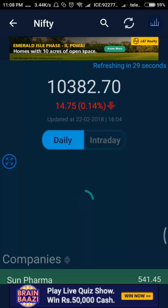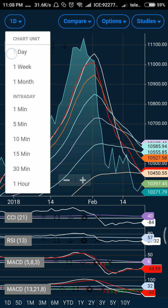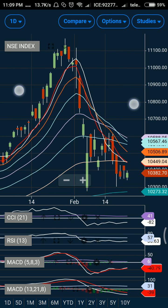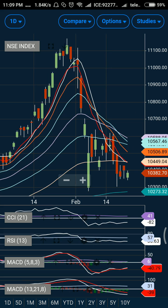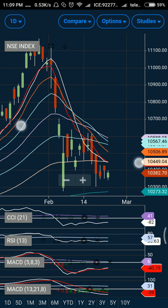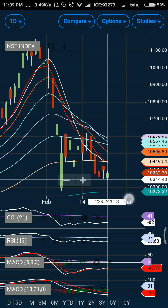Now let us see what the Nifty and Bank Nifty are suggesting. As you can see, in line with our expectation, the Nifty traded in a range bound fashion between 10,450 and 10,270. The technical indicators are for the time being suggesting some sort of halt of this selling move. Three candles, back to back, have been acting as support for the market. So 10,344 has been acting as a good support,